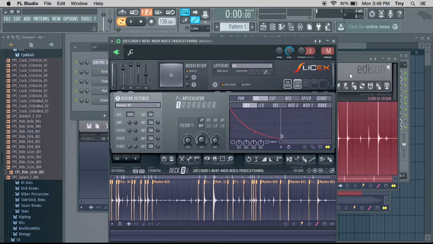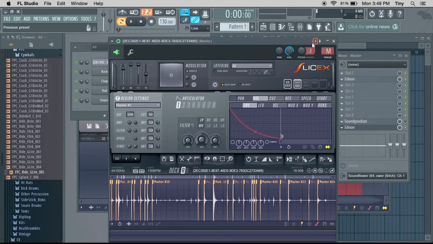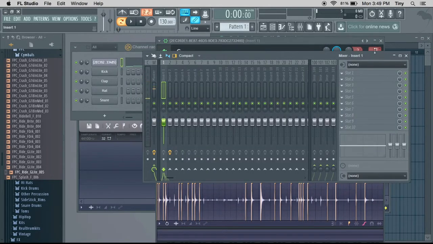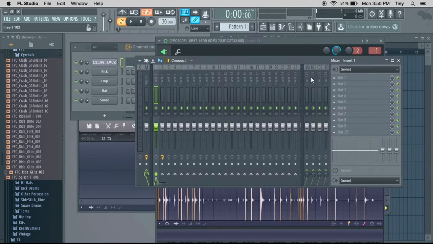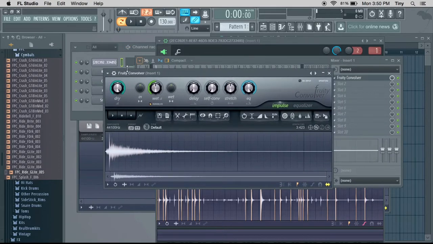Great, whatever, doesn't matter. Let's close that, and now we're going to send this to an empty effects rack or effects channel, and let's put a convolver on there. So now if I play these claps into it, it just sounds like claps with reverb on them, right? But now if we drop in a ride cymbal here instead of an impulse response, then you get this effect